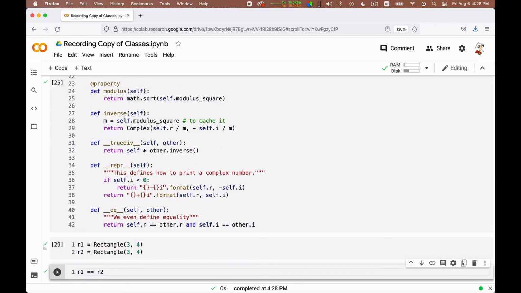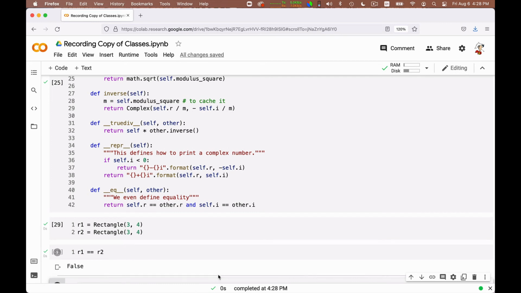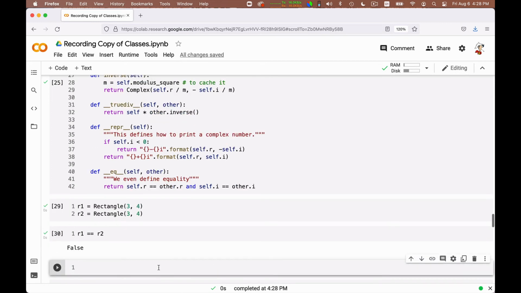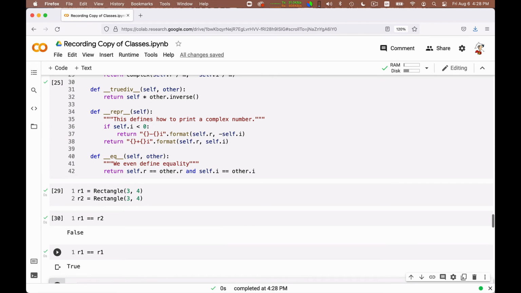Okay, so if I define them and I ask whether they are equal, the answer is false. Okay, this is because for rectangles I didn't bother to actually define the equality operator, the equality method, and so two rectangles are considered to be equal only if they are actually the same rectangle, which is, you know, probably not what you like when you want to ask whether two rectangles are equal.